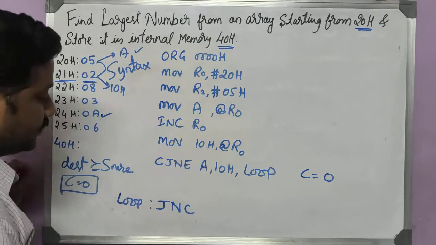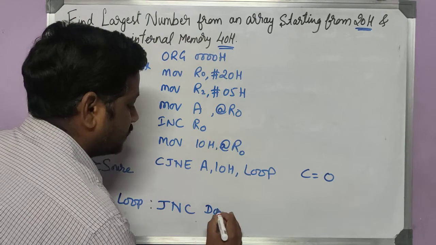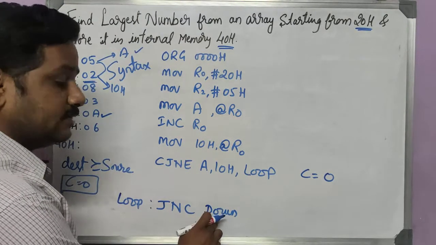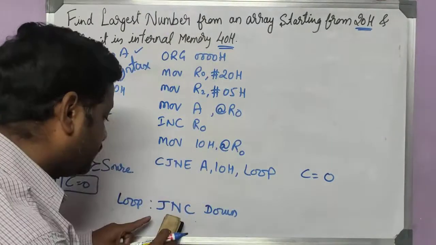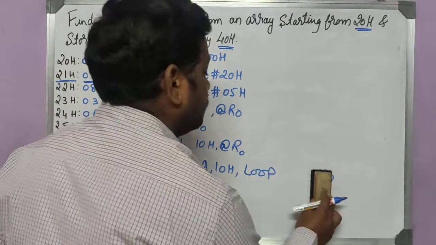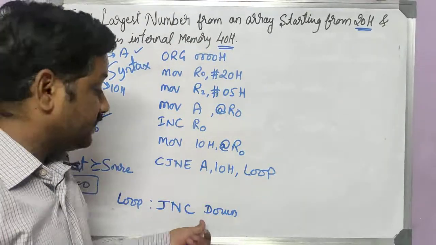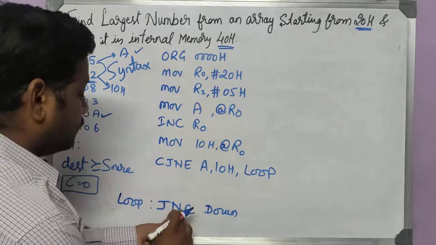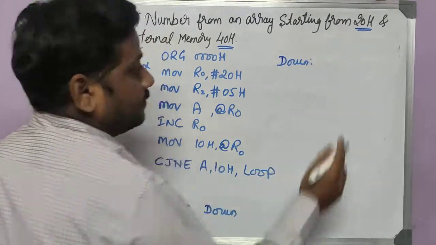Okay? So if there is no carry, let's say I will jump down. I will write some label. Jump if no carry. Where should I jump? I should jump to this label. So let's write that label by leaving some space here. One line I will leave. Because if there is no carry, you should jump here. If there is carry, what has to be done? Still we don't know that. So I will leave some lines here and I will write somewhere here. This is another label.